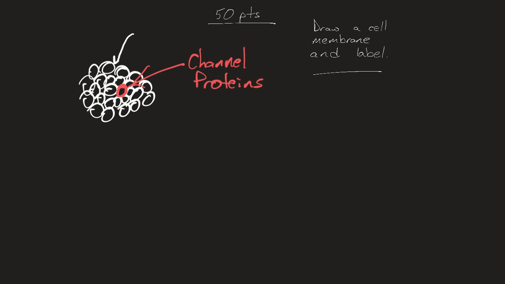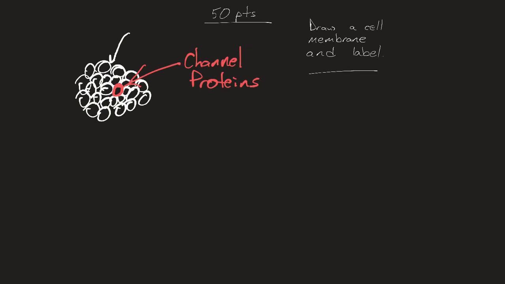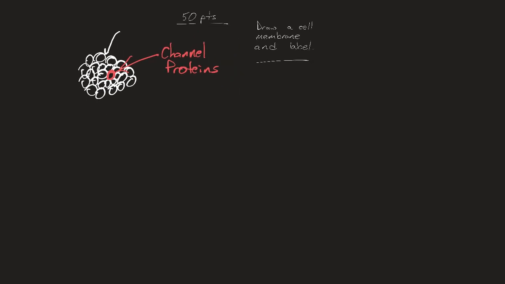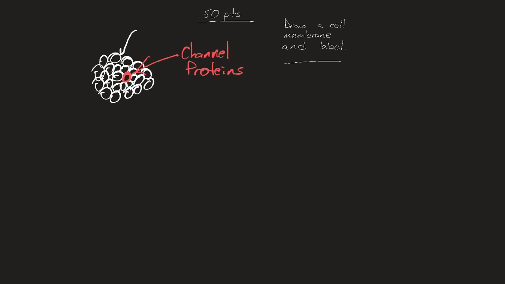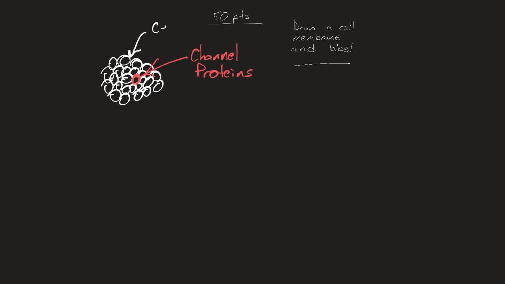A protein is sitting in there. That's a channel protein. That's a picture of the membrane from outside. Okay, I can see where they were going with that. I'm assuming they meant this is a cell membrane. It's very interpretive. It really is not the go-to illustration for a cell membrane, but I could see that.